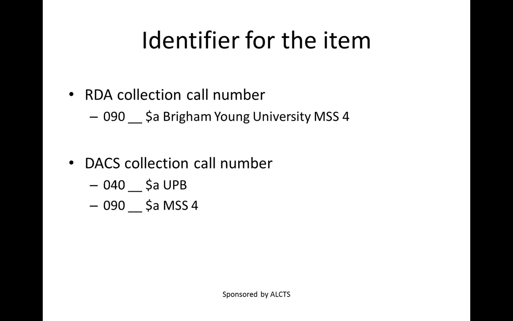So looking at the examples, the differences are fairly clear, with the RDA call number providing the repository reference in the identifier string, and DACS separating these out into separate fields. While there is some recognition within the archival community of the value of unambiguous identifiers, this remains an area with the need for best practices that could be used across cultural heritage institutions.